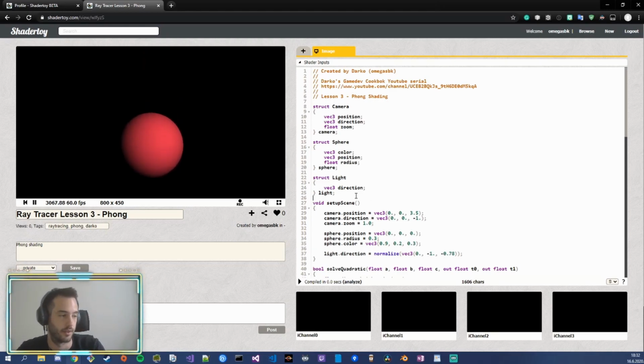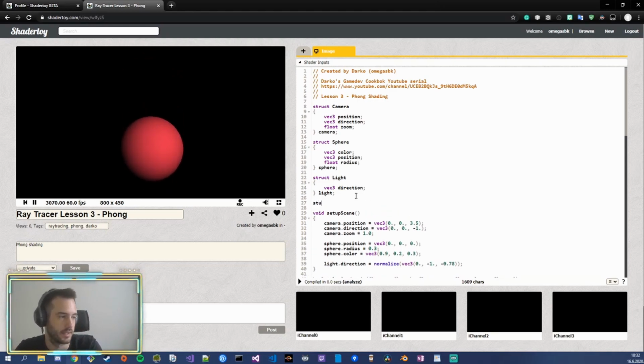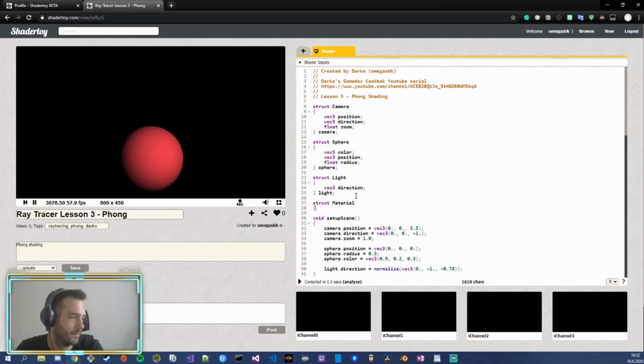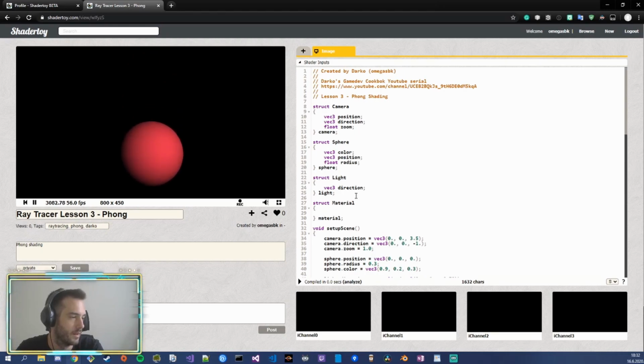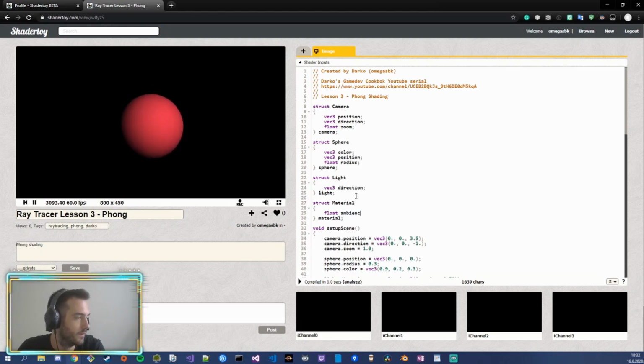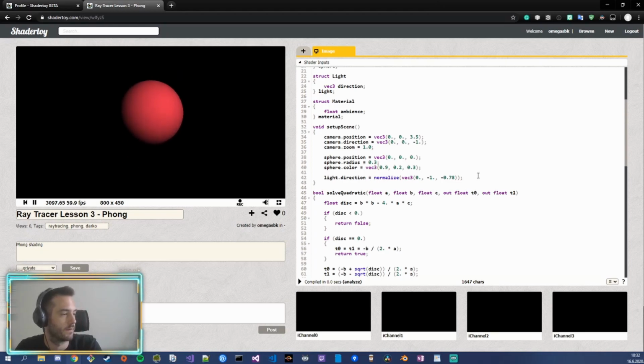Let's first define a material. So a material is basically something you're going to apply to your sphere. And your material for now is going to have only one prop, which is going to be the strength of the ambient light it's going to be exposed to, kind of. Cool. And now we can define over here, say,